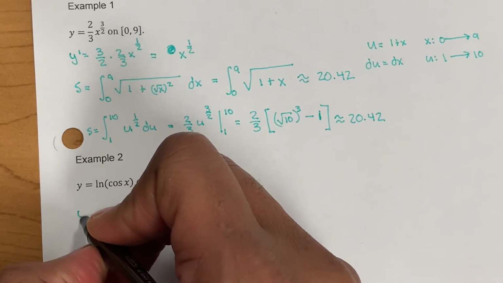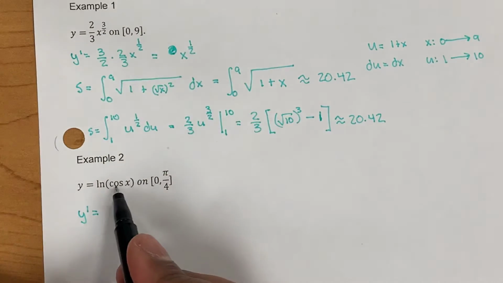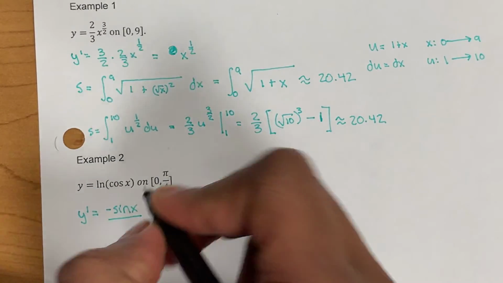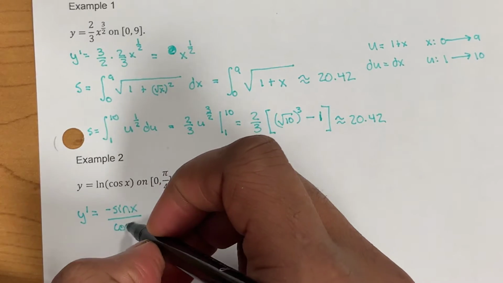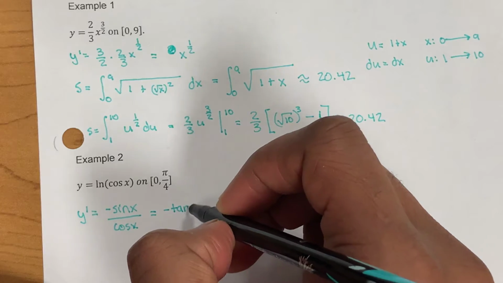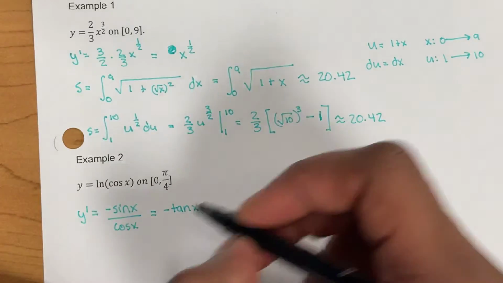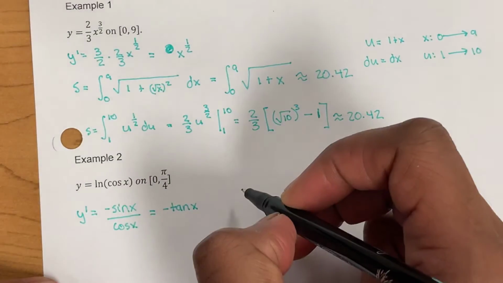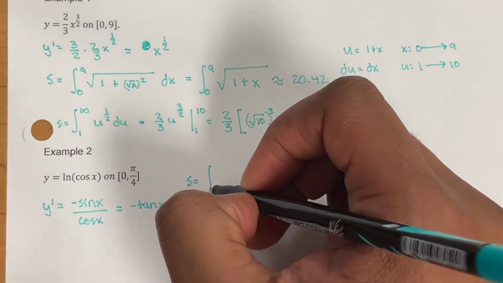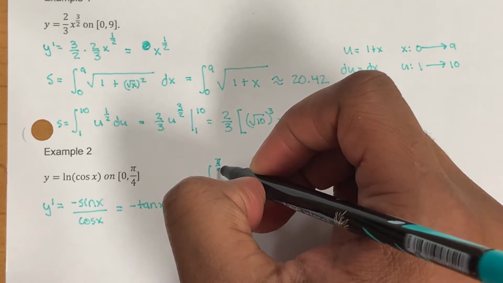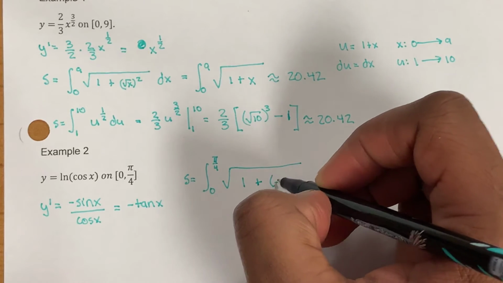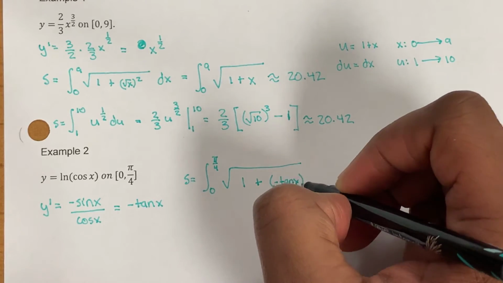So we still need the derivative. y prime is going to be the derivative of cosine, which is negative sine x, over cosine itself. So negative sine over cosine is going to be negative tangent x. So we'll say s equals the integral from 0 to pi over 4 of the square root of 1 plus negative tangent x squared